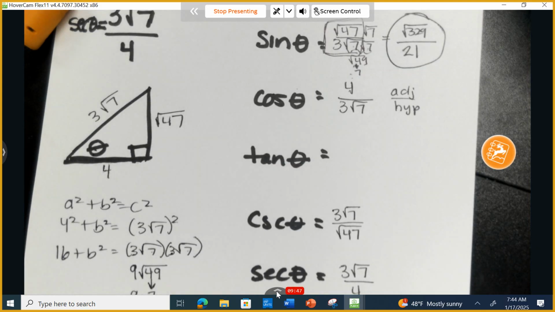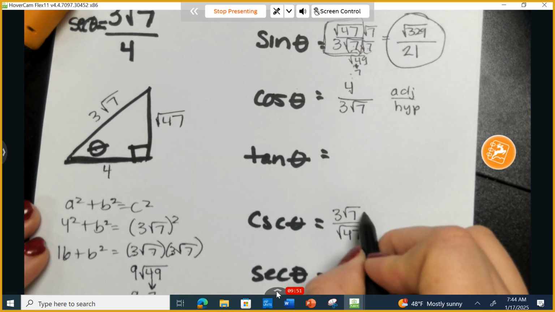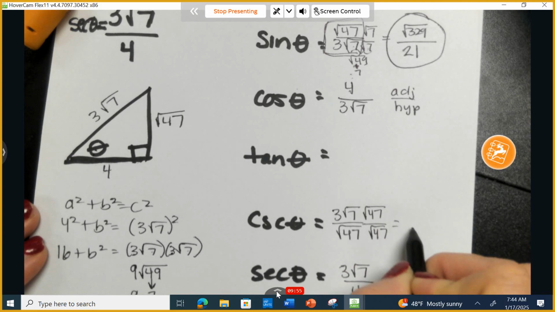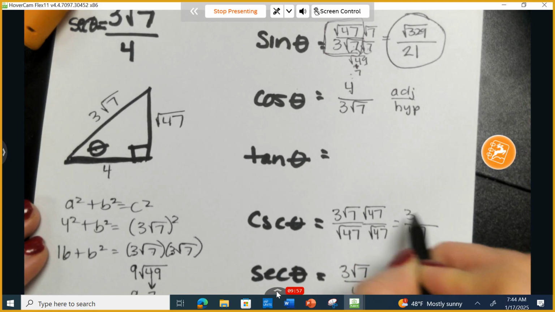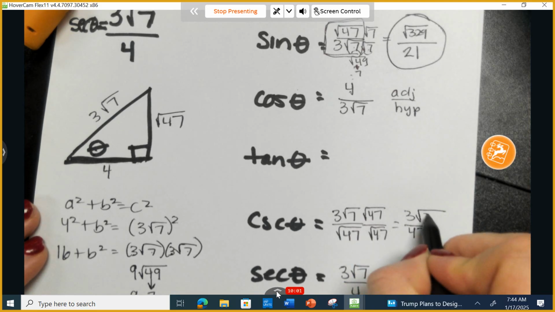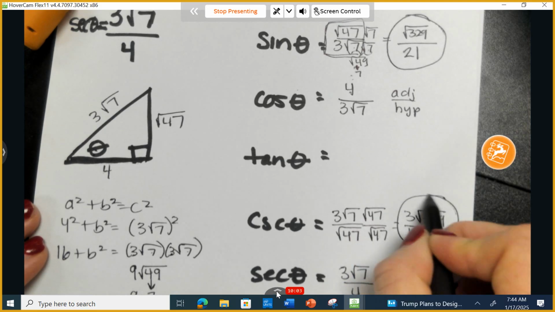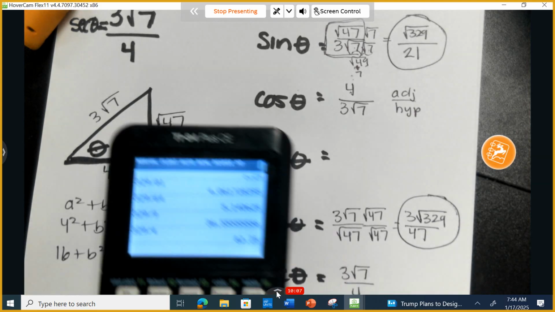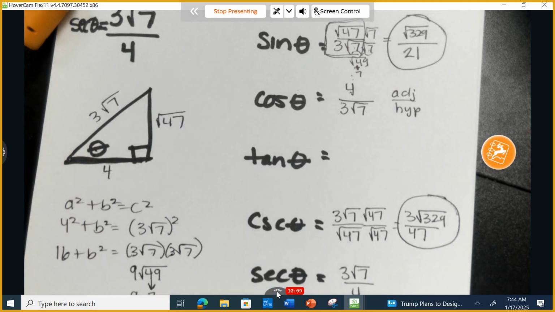That's not a wrong mathematical statement. I just took the reciprocal, but it's not in correct form. So I'm going to multiply by 47 over 47, so I get 47 on the bottom. And I know that 7 times the square root of 47 is going to be the square root of 329. And I already know it can't be broken down. I already tried. I already took the perfect squares and divided all the way down, and nothing was able to